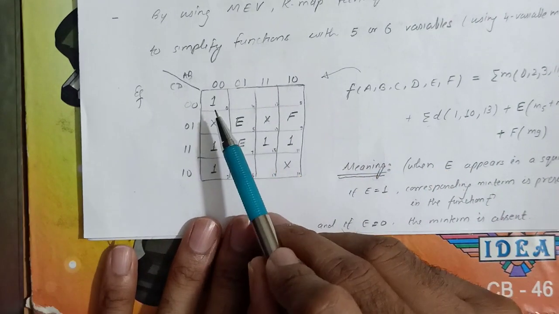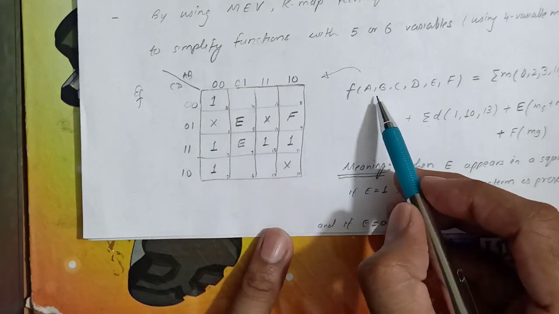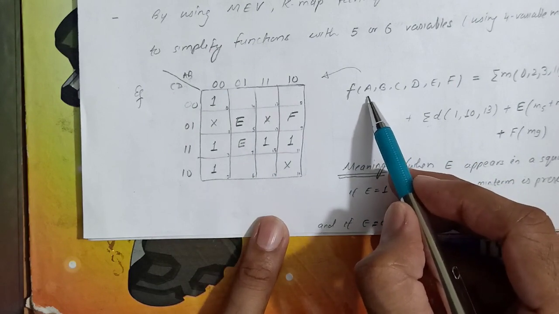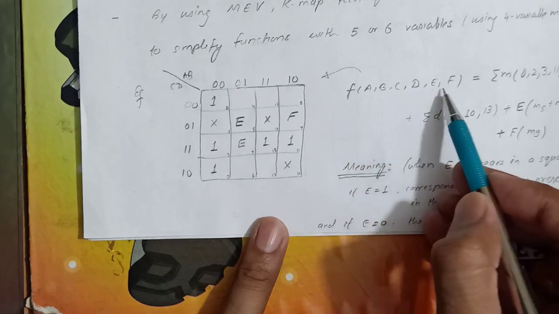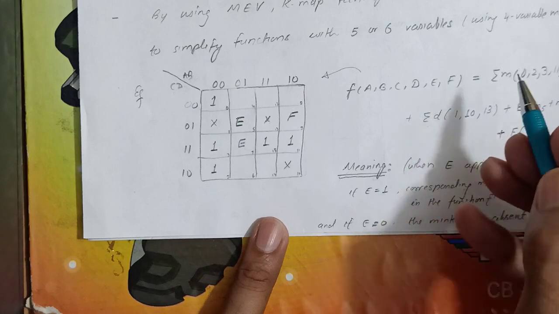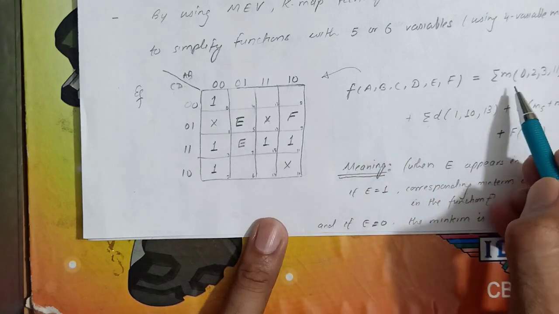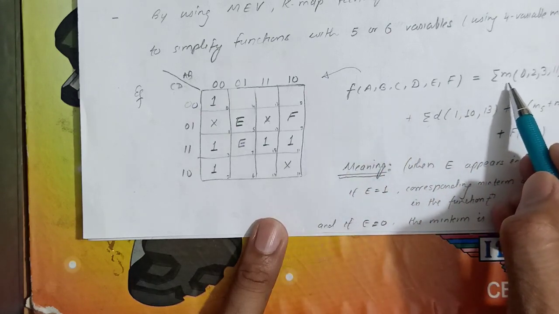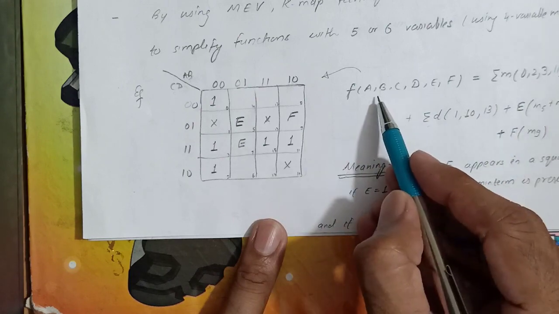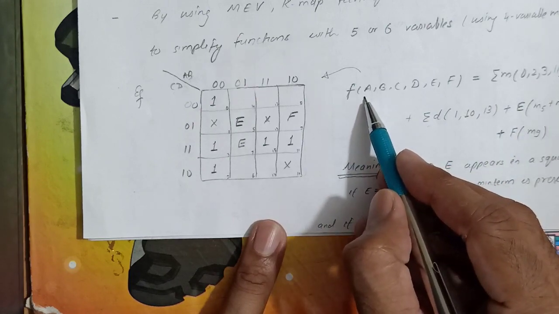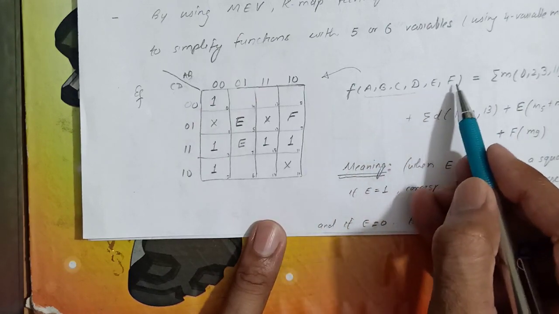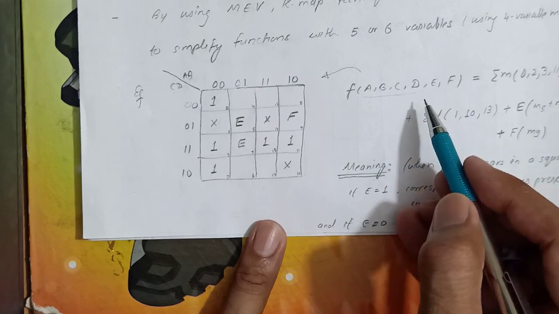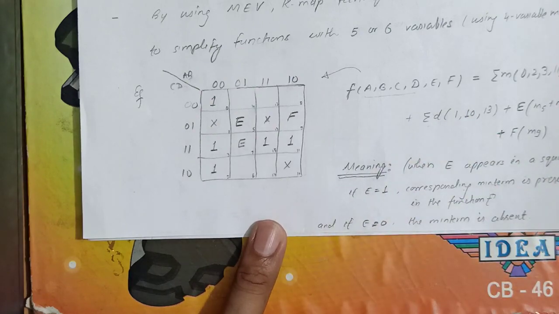Also we should remember that just suppose there are six variables in this function. So we have expressed the function in terms of minterms. Yes, so these minterms are basically of a b c d, not involving e and f. Okay, so this point will be clear.